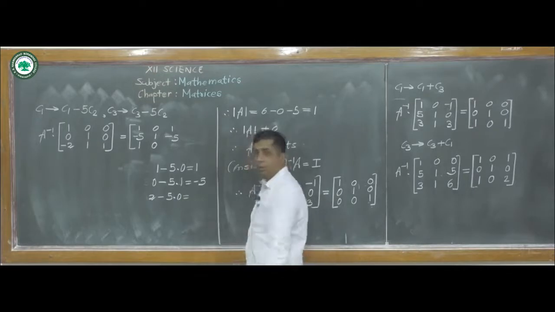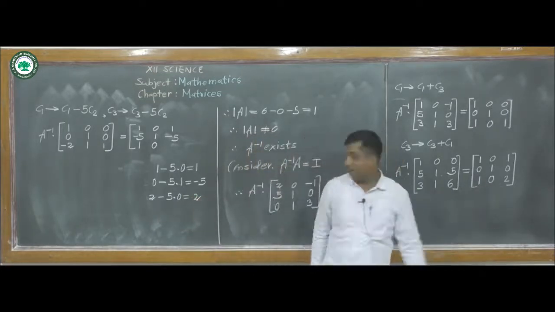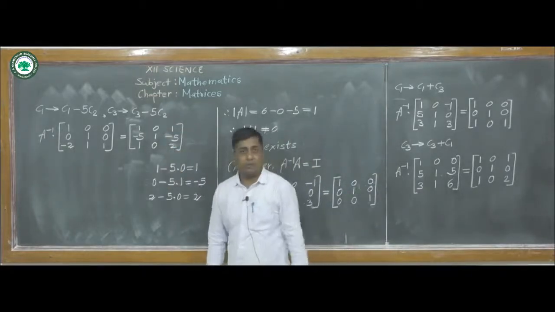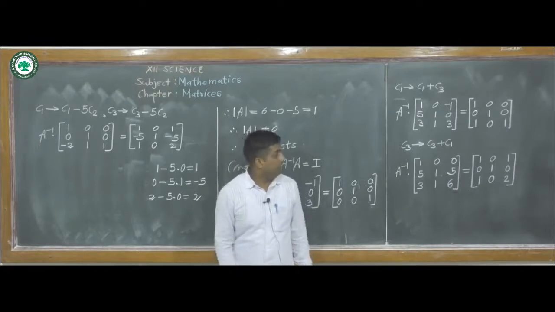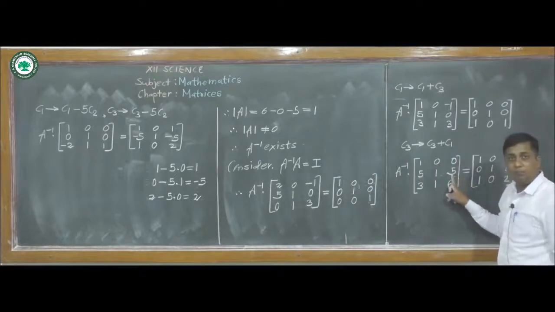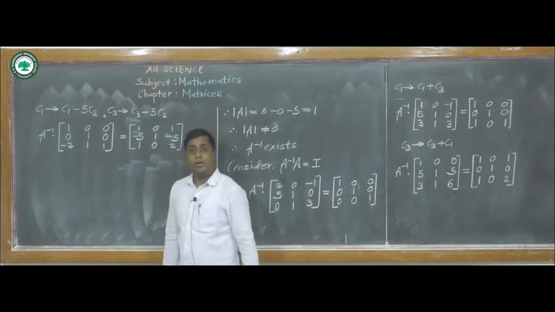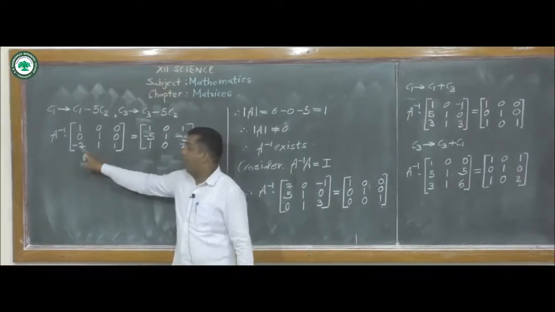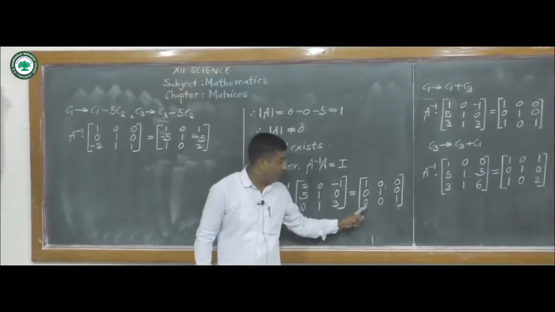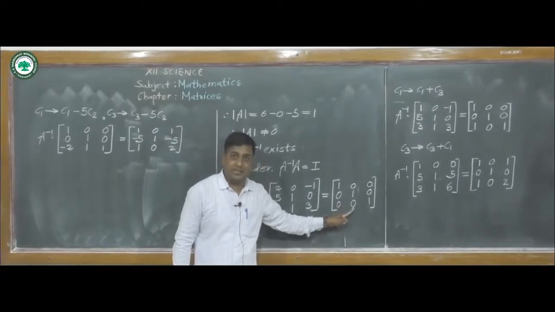So this is equal to, we know 2 minus 0 is 2. So here in the position of 2, again we have 2. Okay. So in this step we reduce this 5 to 0 and this 5 to 0. Okay. Now in the next step, we have to reduce this minus 2 to 0 and this 1 to 0, since in the identity matrix here A31 and A32 elements are 0.